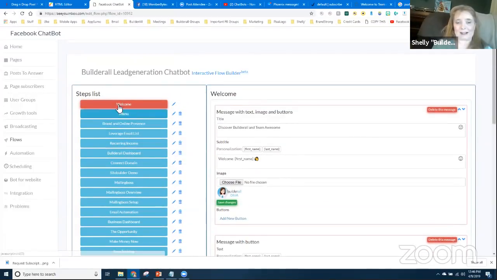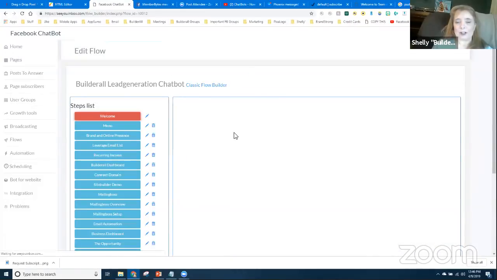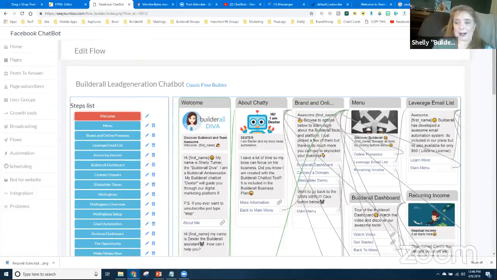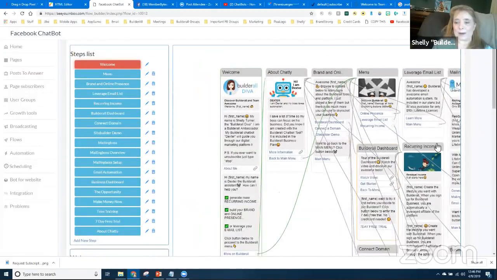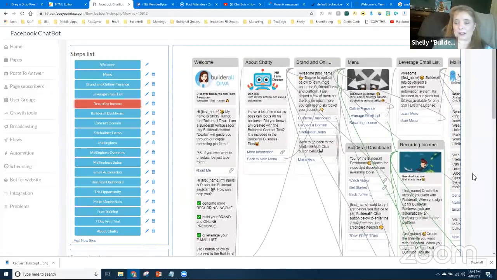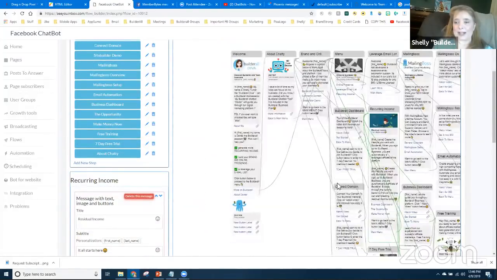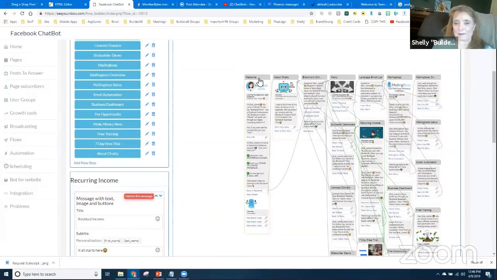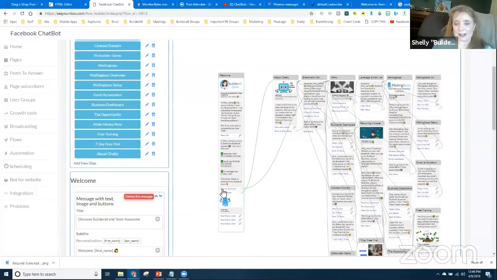And we can also look at this same thing. This is a very flat version. If I go to the interactive flow builder, I'm going to go ahead and click that. You're going to see the same exact chatbot, but you're going to see it in a graphic way so that you can actually see how it's working in your system. So this is just a little bit different way to see it. And you can see how each of these boxes are connected. So you see that right there, that button is going to lead the person over here to this menu. It gets a little crazy and a little bit hairy when you've got a big one like this to keep track of it.